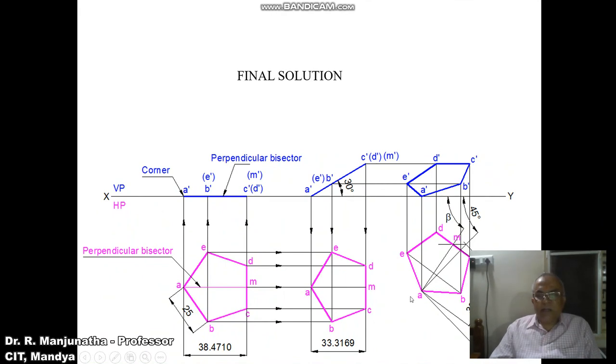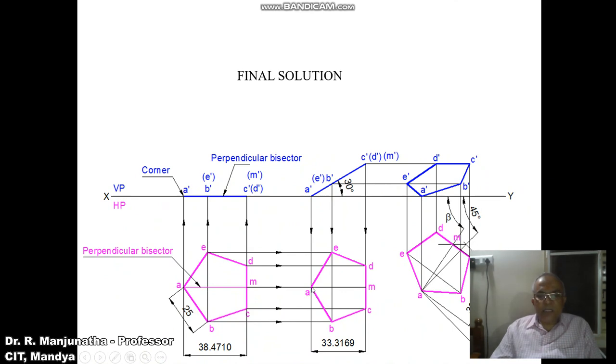Then by using the protractor, you measure an angle of 45 degrees with respect to the horizontal line, and you draw this inclined line. As we know that this is the true inclination, on this true inclination we have to take the true length. As we know that in the first position A dash M dash is parallel to HP, so we are getting the true length in HP. So AM in the first position top view is in true length. So you measure the distance from A to M by using the compass, with A as center, cut on the 45 degree line, and you are going to get this point. Through this point you draw a horizontal line, the locus.